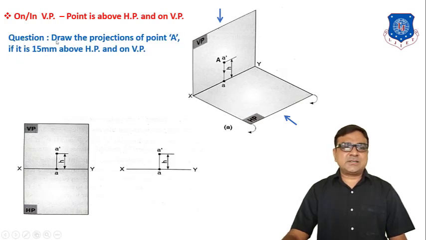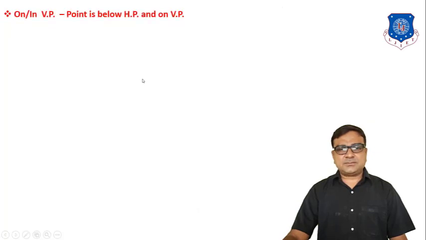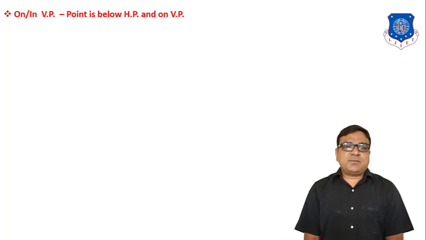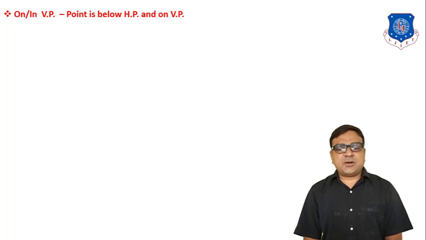Our question is: draw the projection of point A if it is 15 mm above HP and on VP. Now next, when the point is below HP and on VP,